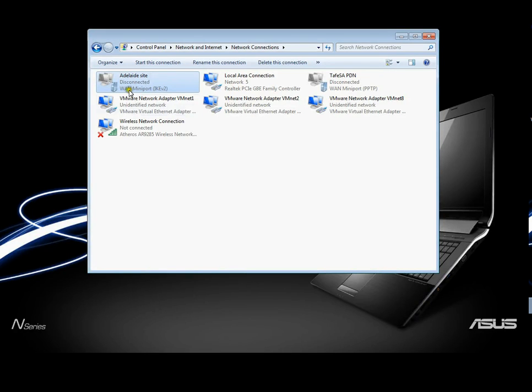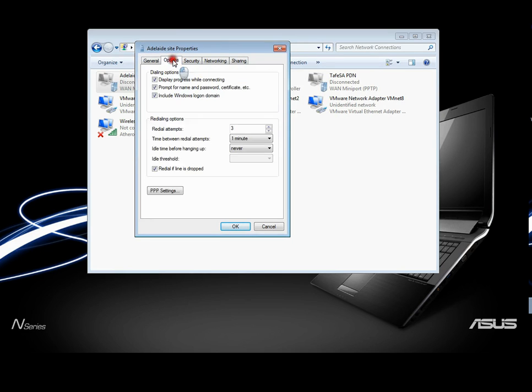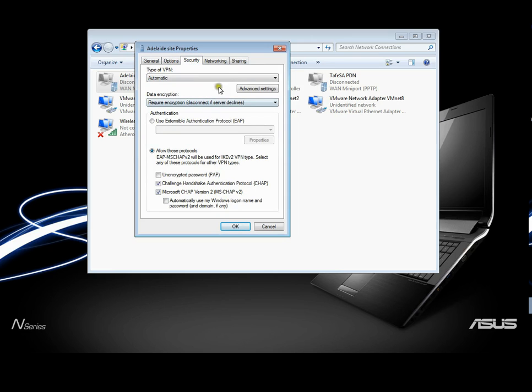So let's get back to here. Before we can connect, we haven't actually configured this pre-shared key. So we'll right click on that VPN connection we created before and select properties. And here it is. Obviously at this point we can change any of the settings we configured during the setup, such as these, but under security, instead of letting it choose automatic settings, we're going to force it to use